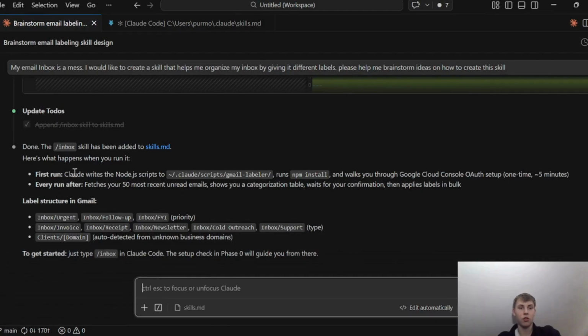So first, Claude writes the Node.js script and runs npm install, and then a one-time Google Cloud Console auth setup. So this is still in the setup process. After that, it will fetch the 50 most recent unread emails, show the categorization table, wait for confirmation, and apply labels in bulk. Structure in Gmail